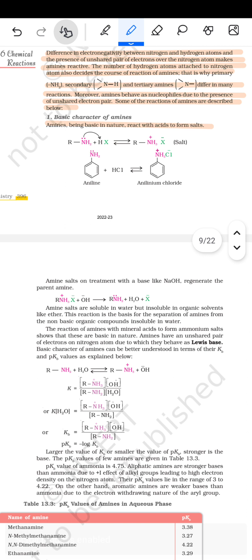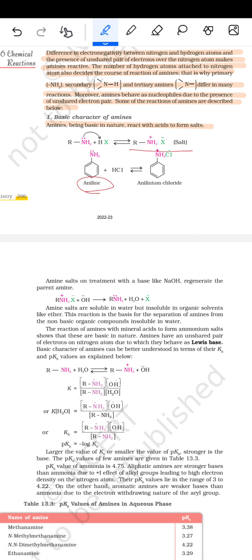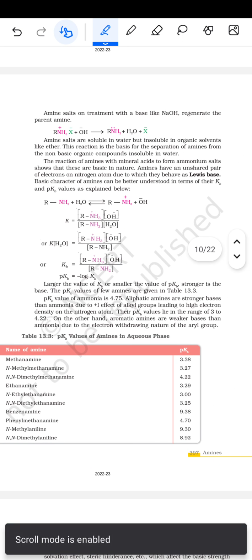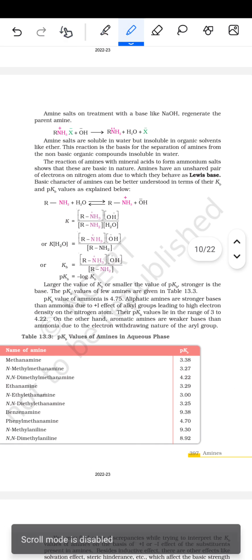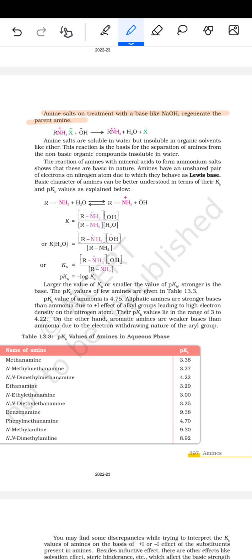जैसे एमाइन ये वाला हो गया, H रिएक्ट किया तो ये सॉल्ट बना दिया। फिर उसके बाद ये एनिलीन है, HCl के साथ किया तो एनिलीनियम क्लोराइड बन गया। उसके बाद फिर आता है कि amine salts on treatment with a base like NaOH regenerate the parent amine, जैसे RNH3+ X- OH- है तो RNH2 + H2O + X- बन जाएगा।